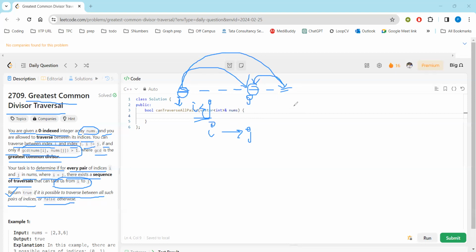But for the path to be valid, for every jump, we have to make sure the GCD of number 1 and number 2 is always greater than 1. That means, if we consider an example,